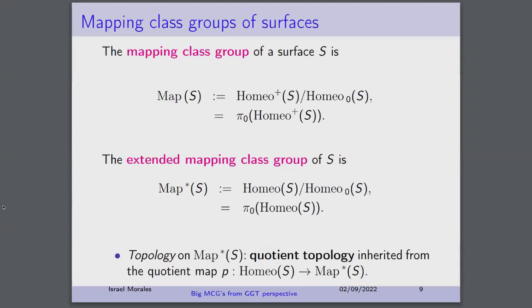Similarly, we define the extended mapping class group of the surface, but in this case, we include all the orientation reversing homeomorphisms of the surface. For people familiar with the concept of mapping class group, the elements of the mapping class group are interpreted as isotopy classes of homeomorphisms, so we could have defined it like this. Naturally,